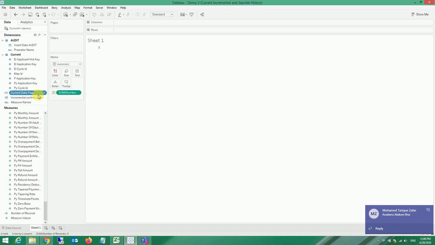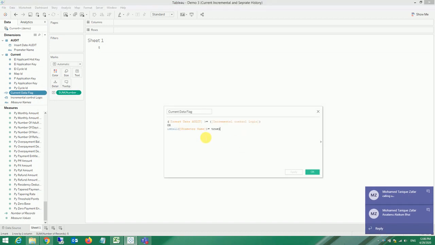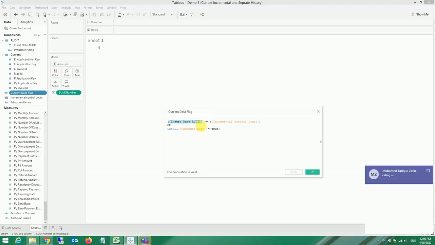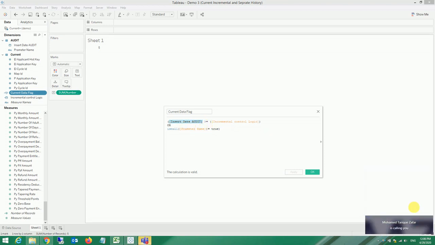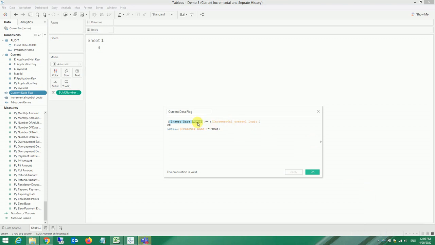And I created another flag which I use as a filter in my DB. What it does is check the audit date and bring everything greater than or equal to the incremental logic.